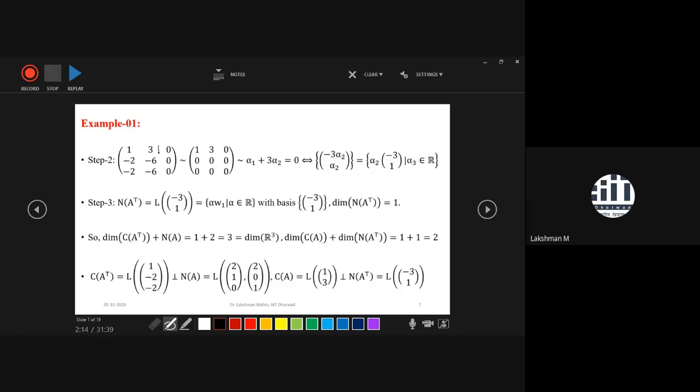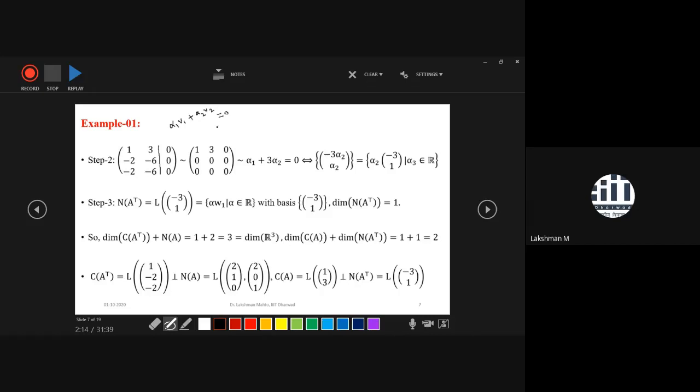In step 2, we have to solve a linear system, a linear relation. I would like to take a small v, since capital V is meant for matrix notation and small v for vector notation. So we have to solve this linear relation: alpha 1 times v1 plus alpha 2 times v2 equals 0, because A transpose has two columns. We have to solve this system of linear equations.